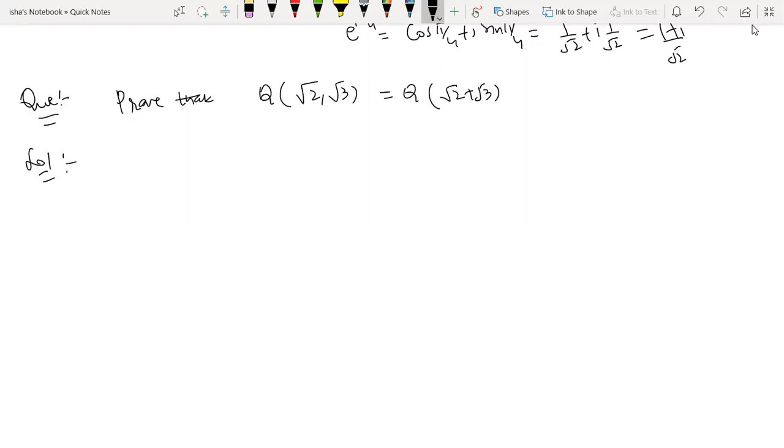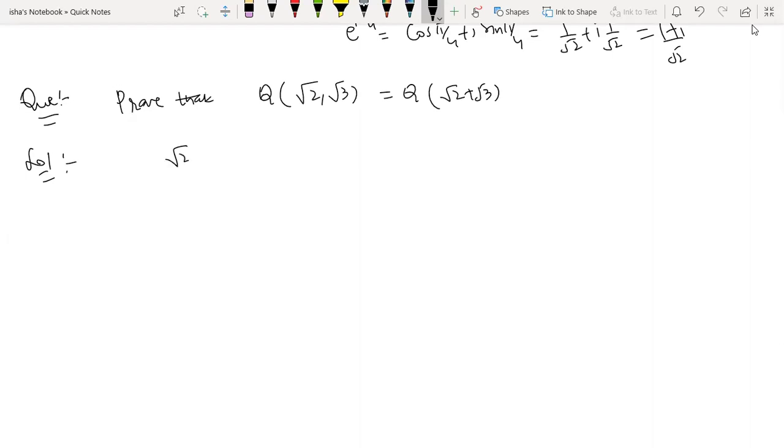If you want to prove equality of two algebraic structures, or any sets, you want to show that every element of one side belongs to the other side, and vice versa. So this is the technique which we'll be using. There is no need to prove anything about the elements of Q, since these rationals are on both sides. So we will just consider root 2, root 3 and root 2 plus root 3.